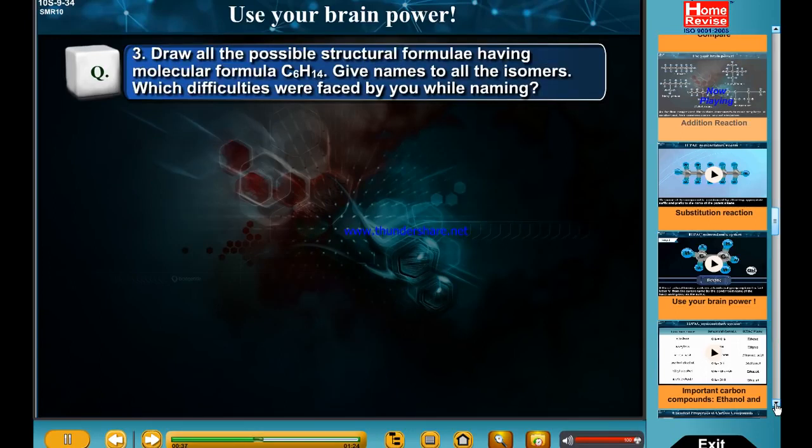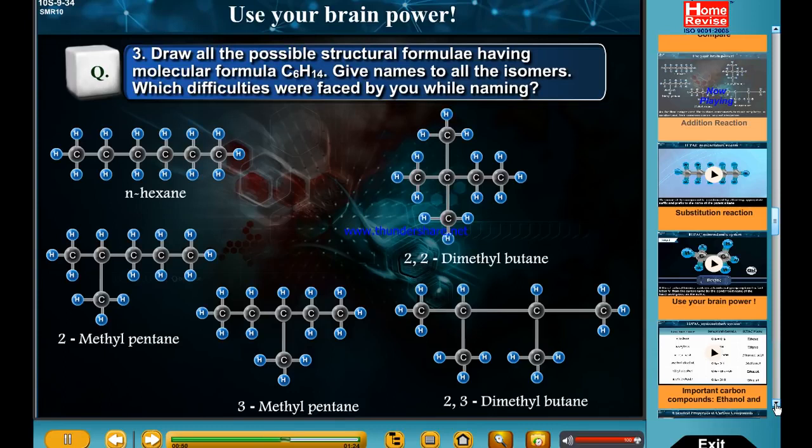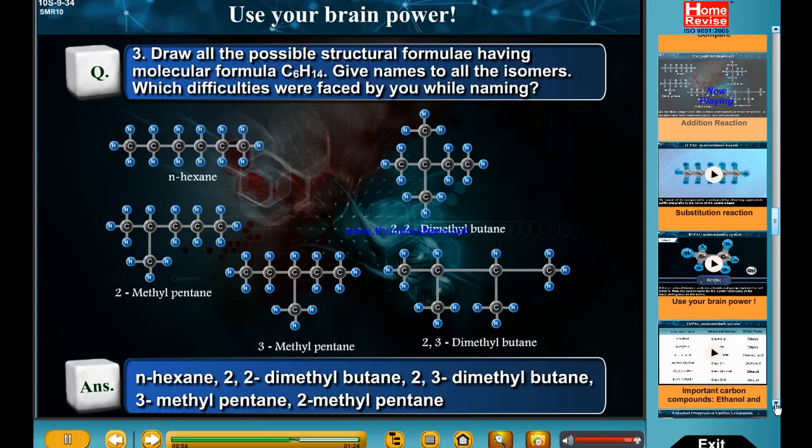3. Draw all the possible structural formulae having molecular formula C6H14. Give names to all the isomers. Which difficulties were faced by you while naming? Answer. n-hexane, 2,2-dimethylbutane, 2,3-dimethylbutane, 3-methylpentane,